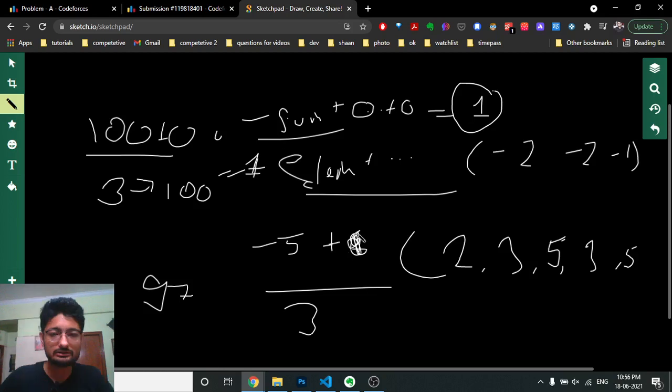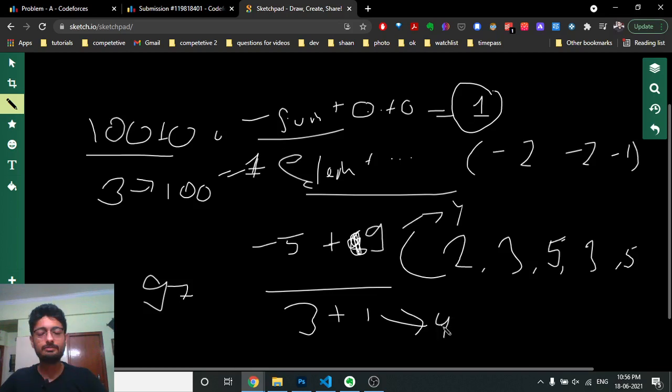If you add one element, the denominator will become 4, and you want to make the numerator equal to 4. So how much do you have to add? If you add 9 here, then 9 minus 5 equals 4, so the numerator will also become 4. So in one step, you can just add one number and the numerator and denominator will become the same. I hope you get the point.